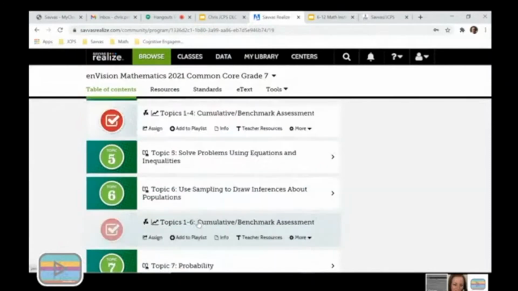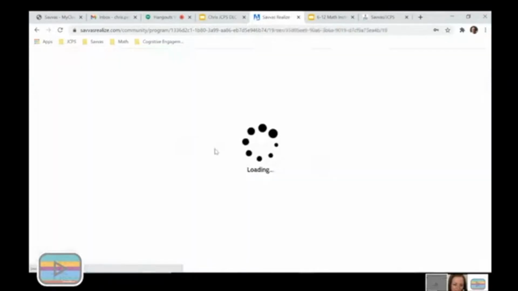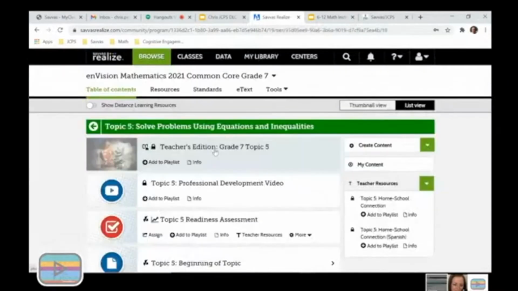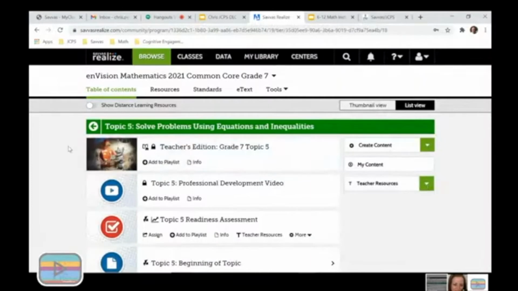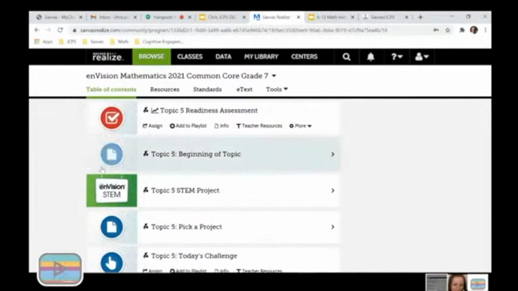So let's use topic 5. That's probably about where teachers are in their school year. So let's go in here and look at the topic level for the intervention pieces. Now, these next 2 pieces I'm going to show you, you're going to wonder, how are they considered differentiation? But they are, okay? Not necessarily the differentiation of instruction, but differentiation of how students can show us what they